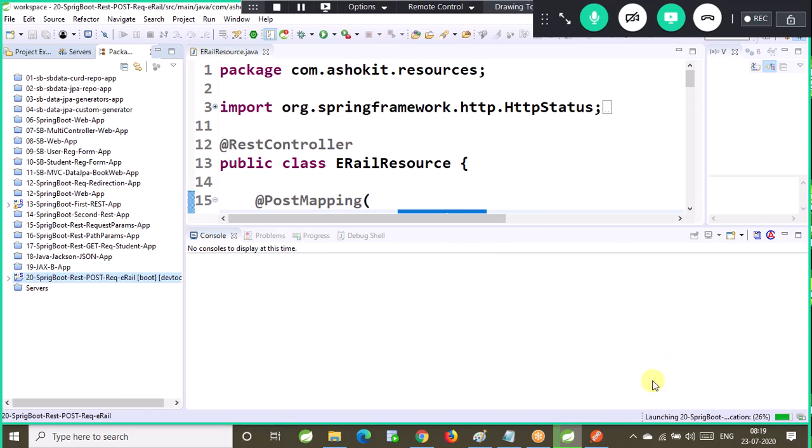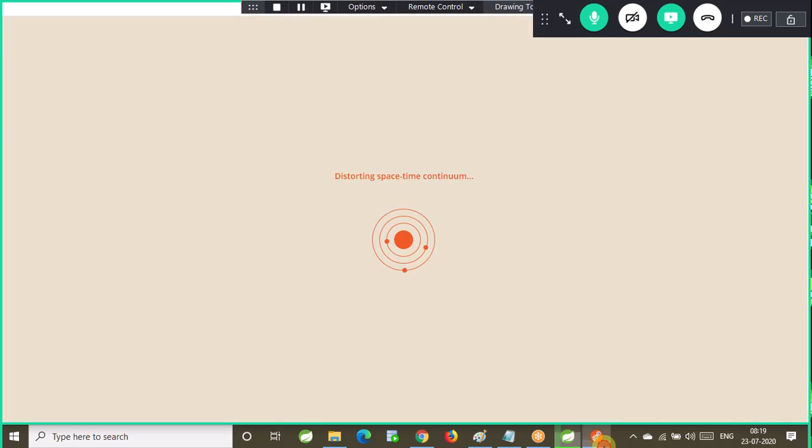Yeah, still the application is launching. Guys, I'm hoping that you already practiced the post request method with XML data and JSON data. We discussed a lot of internals also. You should not have any doubt: how XML is converted to Java and vice versa, how JSON is converted to Java and vice versa, what is produces, what is consumes, what is content type, what is accept. I hope those concepts are very clear for all of you. Without knowing those concepts, you cannot develop your REST API. Those are the building blocks to develop our REST API.